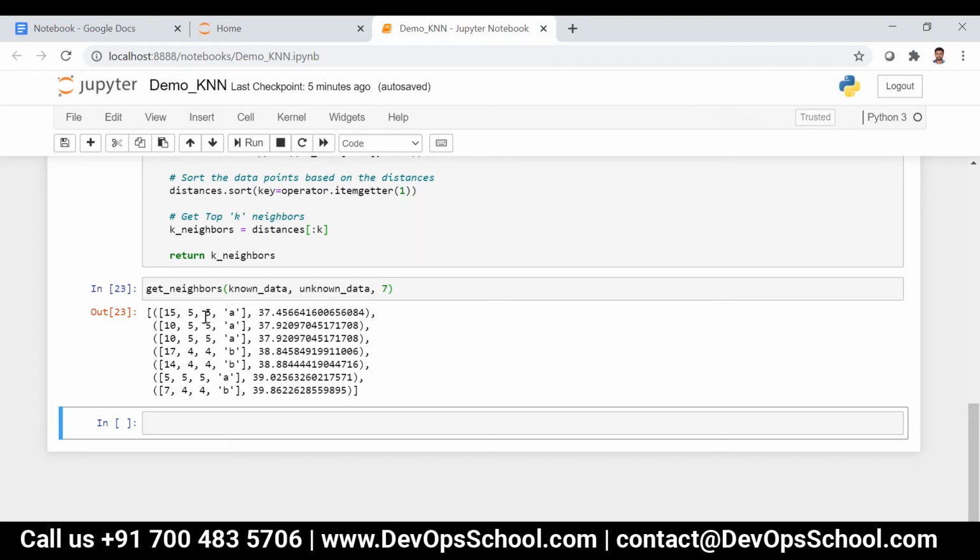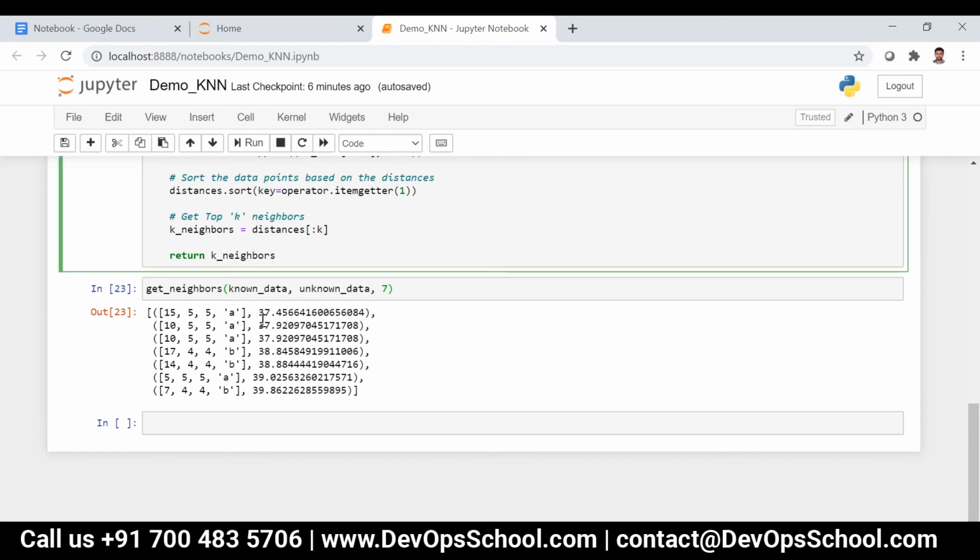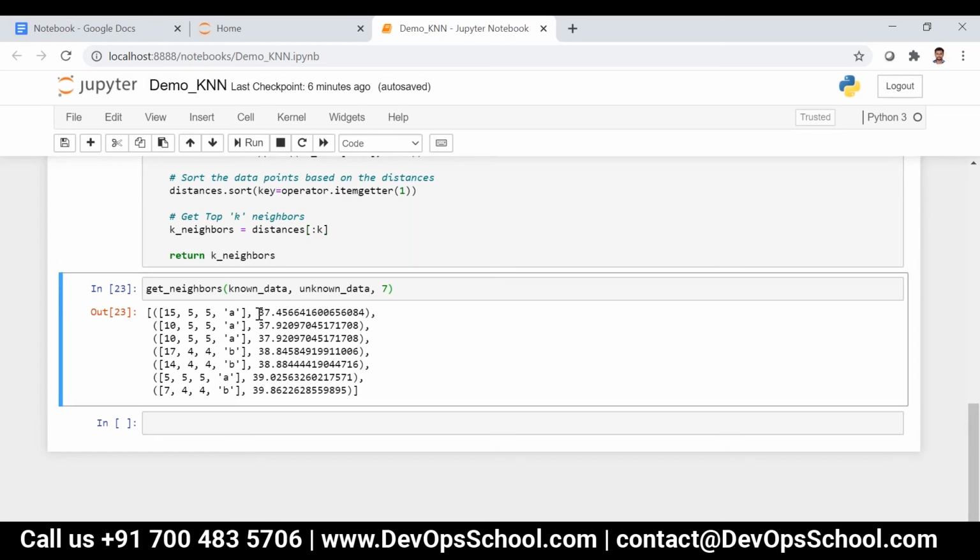All right. So now, whenever we retrieve the neighbors, we are not interested in the distance. I want only the data points.